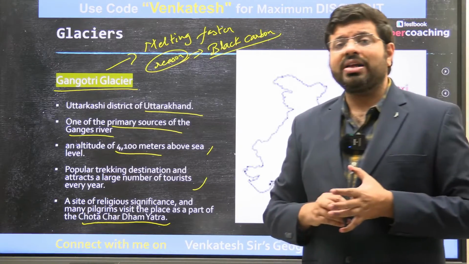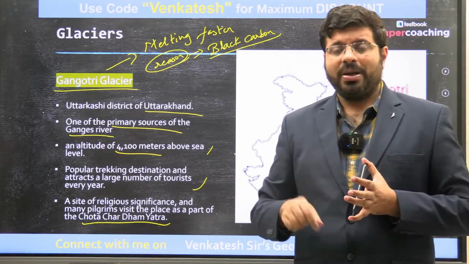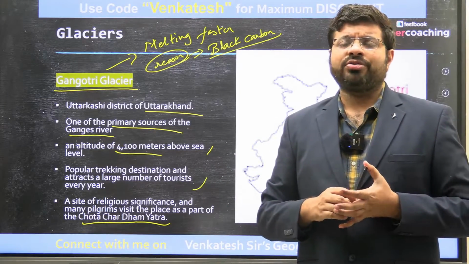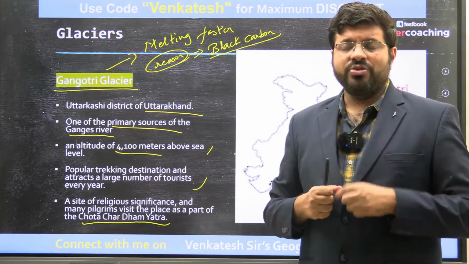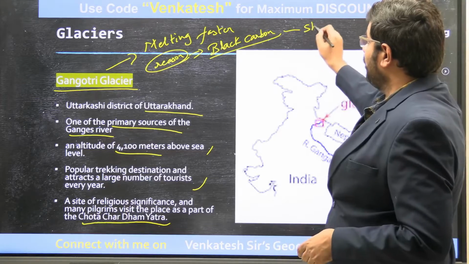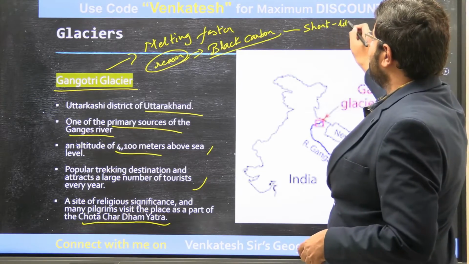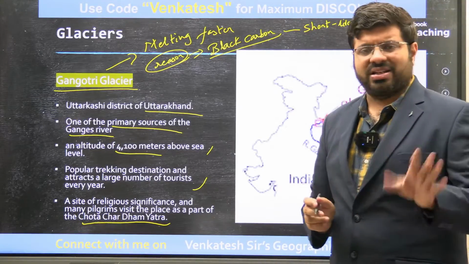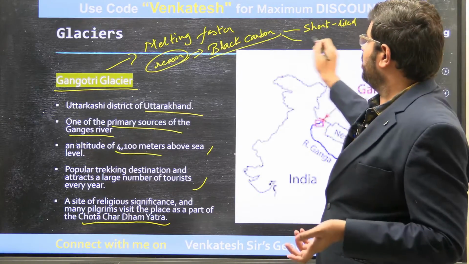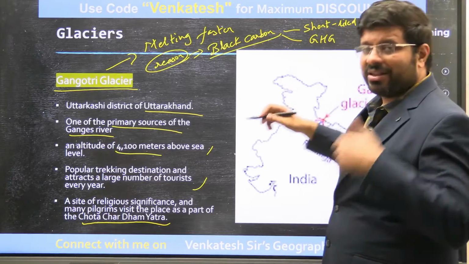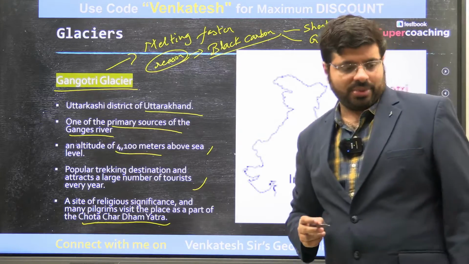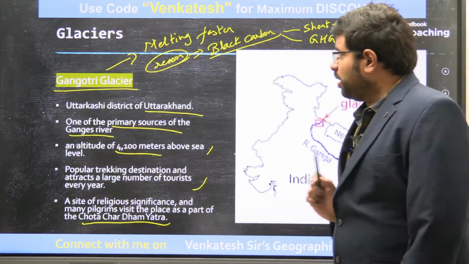It is a short-lived climatic pollutant, but it has a higher amount of greenhouse gas absorption, which is leading to the melting of glaciers. Please remember, black carbon is short-lived. That means what? It will stay there only for 2-3 months. That's it. But within those 3 months, it has the highest capacity to act as a greenhouse gas, and it will be helping in the melting of the glaciers very, very quickly. This is the importance of black carbon.